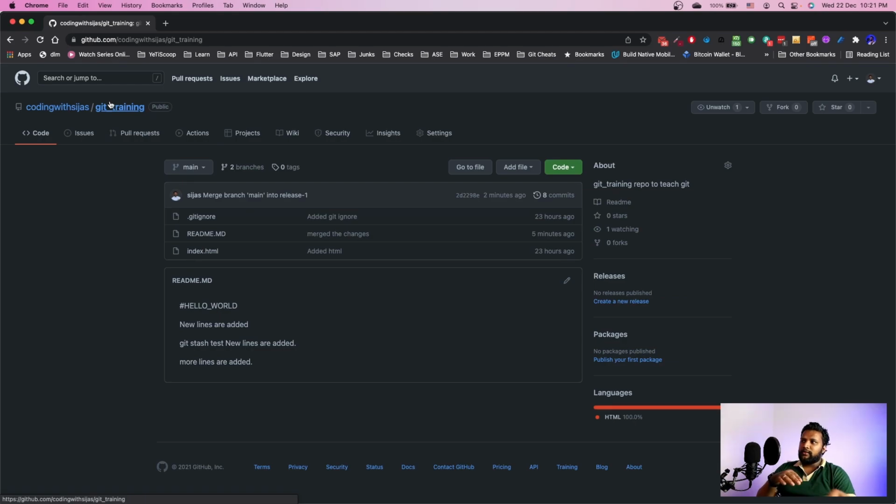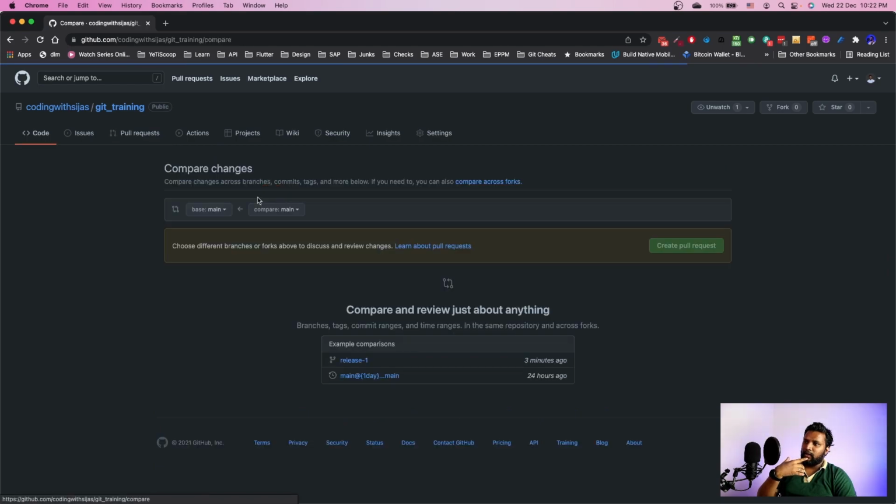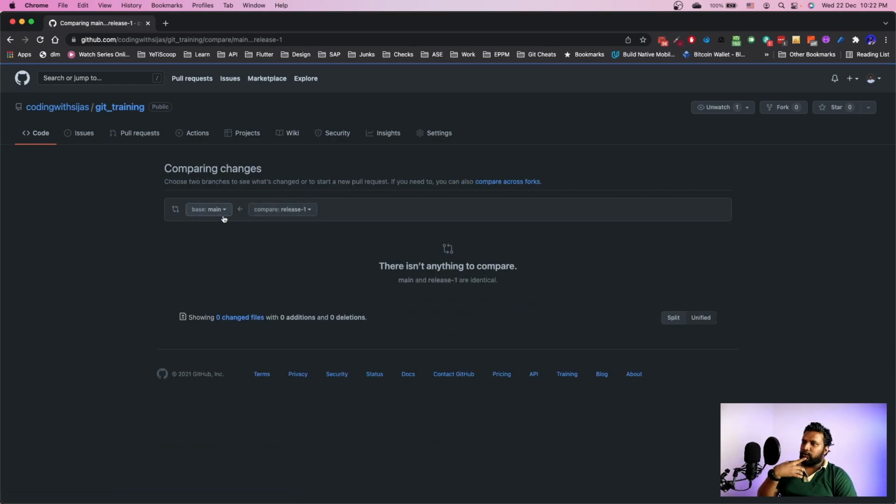A pull request is like, as you see here, I can create a pull request between two branches. If I create a pull request, it just compares the two branches. If I select release 1, there is no change, but if there is a change, it creates a pull request, and you can merge that into my main branch. But this is only one branch.